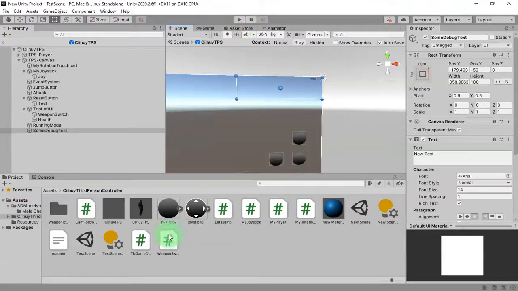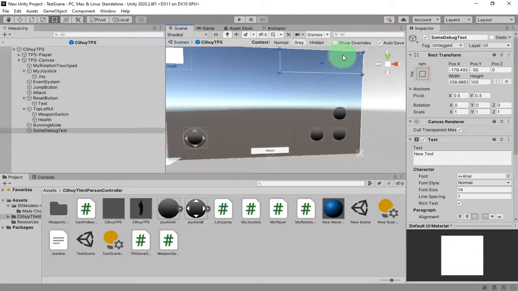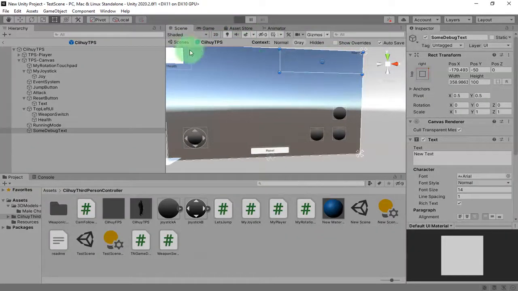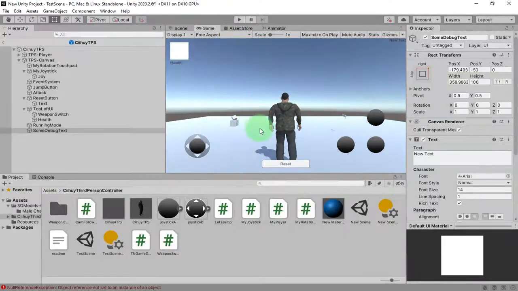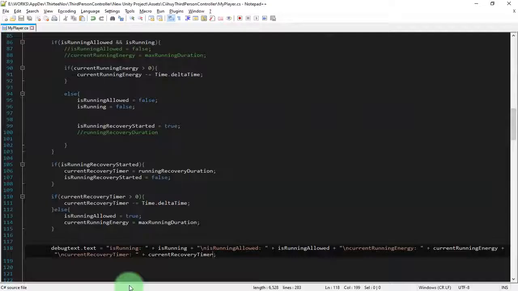Okay, let me run the game and let me debug it by seeing the output on the debug text here. Game, new text. Okay, it is the wrong text here. Alright, debugText.text.